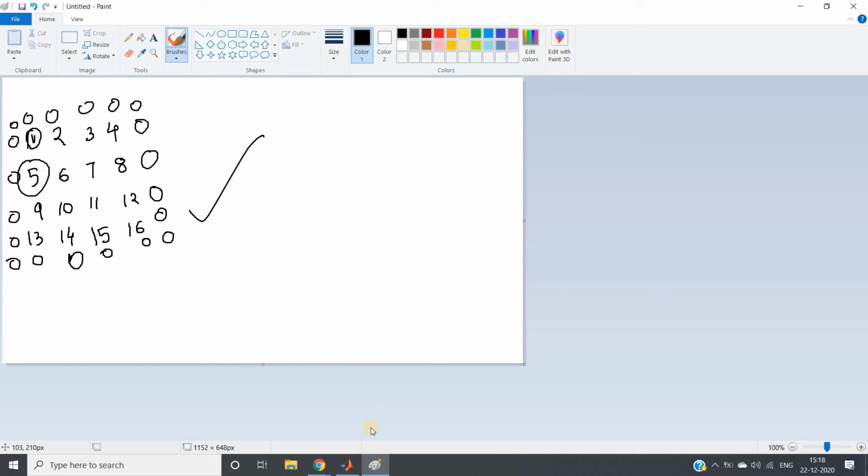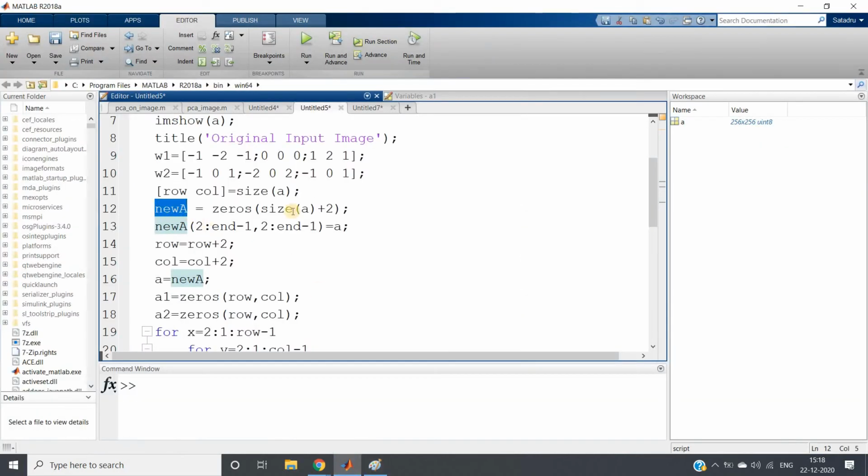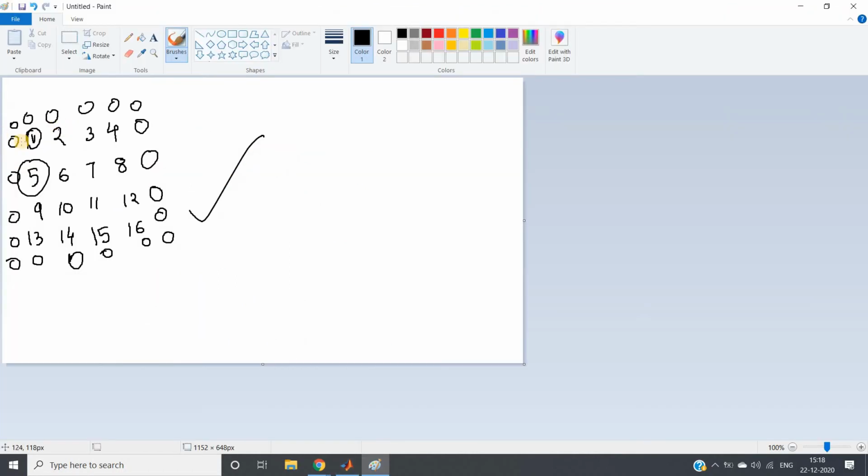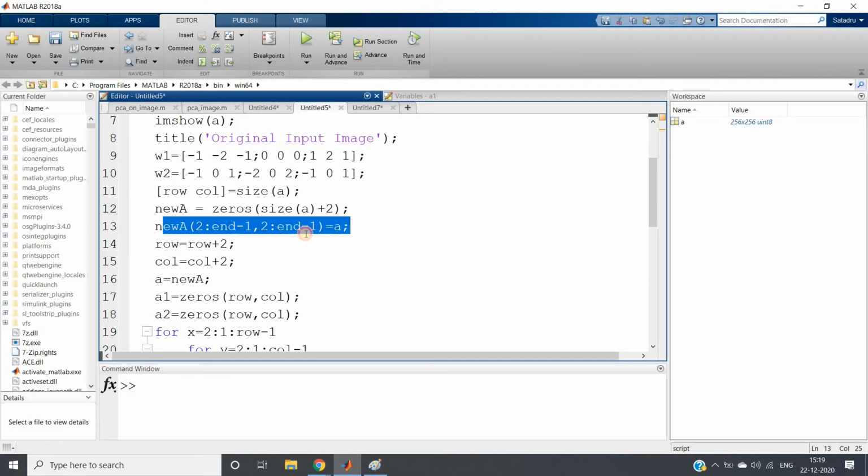So that's what I am doing. zeros of size of A plus 2, and then from second row to second last row and second column to second last column, I am putting my input image. Like here you can understand, from second row to second last row and from second column to second last column, my original image is present, so that externally a 0 matrix boundary is created, right? We are creating that, well and good.